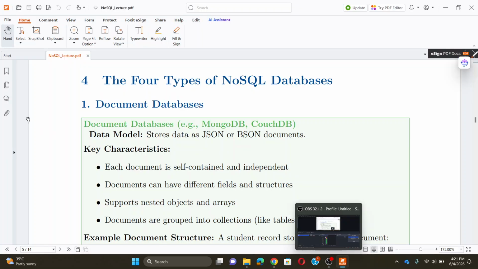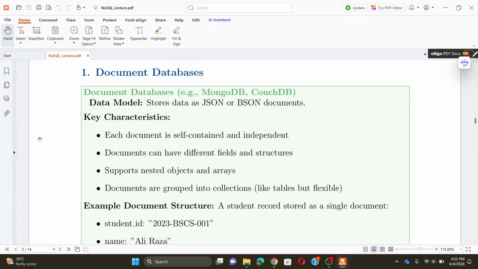The four types of NoSQL databases. The first one is document based, and I have told you that MongoDB and CouchDB relate to document databases. The data model stores data as JSON, JSON meaning JavaScript Object Notation, or BSON documents. Key features are that each document is self-contained and independent, and documents can have different fields and structures